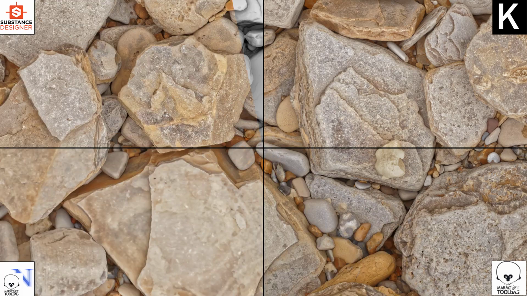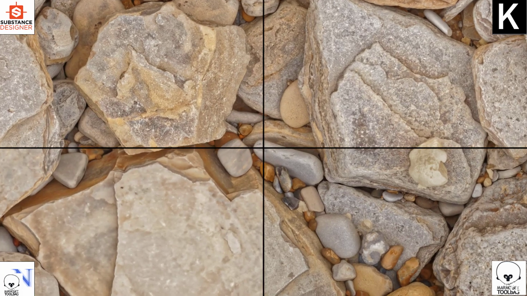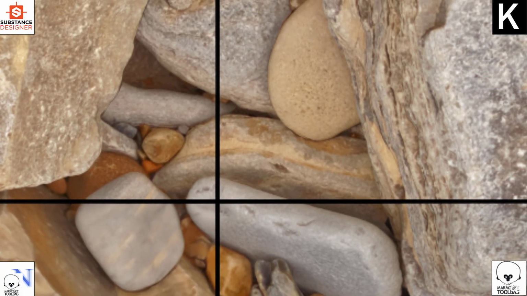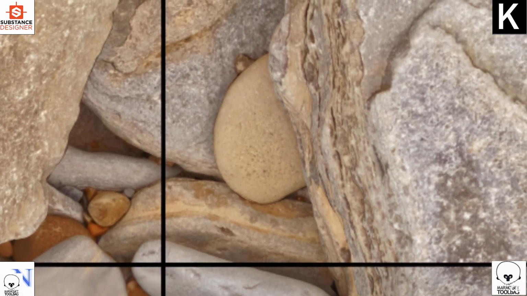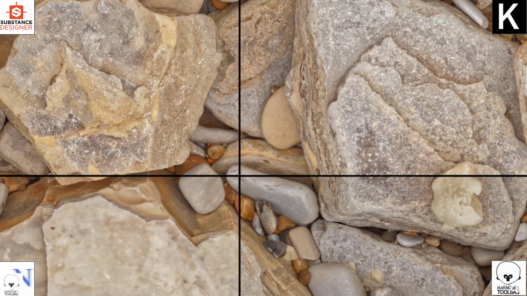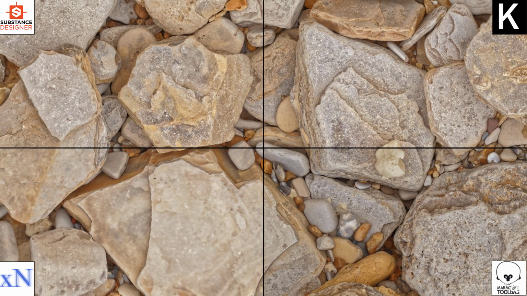Next, let's take a closer look at the albedo map comparison. The one baked with Knald is totally blurred and lacks surface information compared to others. It's a definite loser in here. Other bakes look exactly the same. Again, I would say that I would be super happy with any of these, except the one baked with Knald.